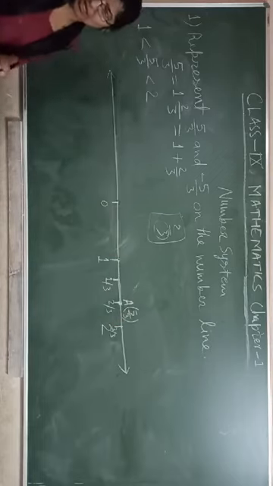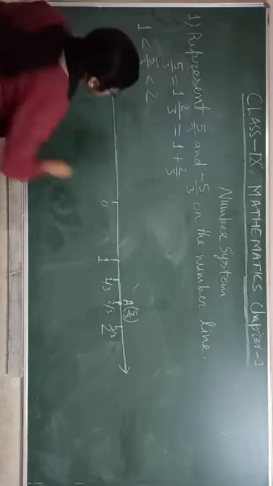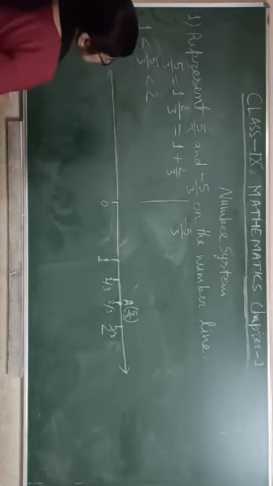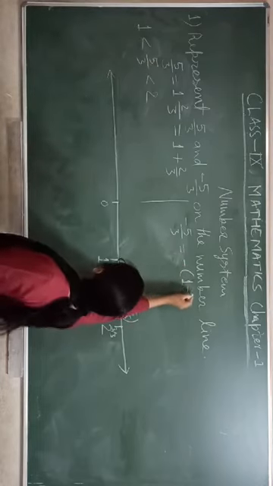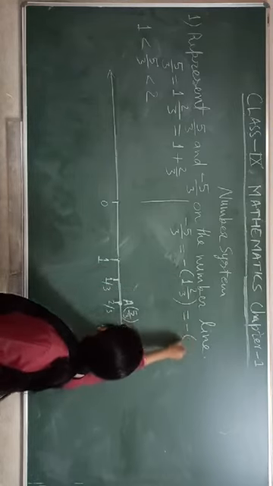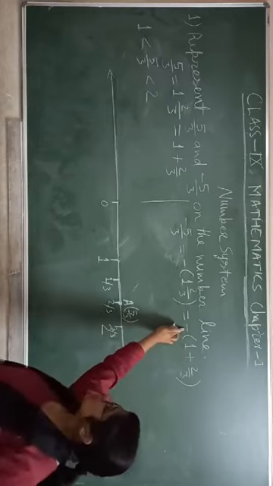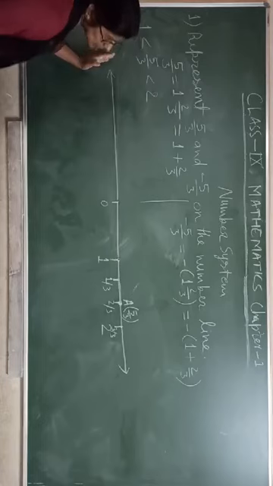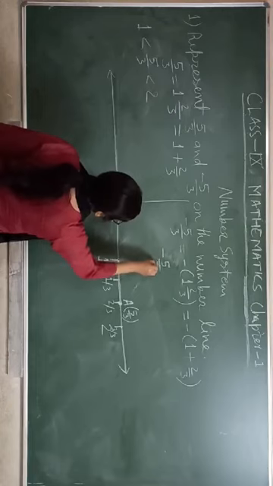The same we will do on the negative side for minus 5 by 3. So check for minus 5 by 3. If you take the minus outside, you can write 1 whole 2 by 3, the same as this one, and we can also write it like that, 1 plus 2 by 3. But here it is the minus side, so we will represent this one on the left side of the 0. This side we have to solve. Okay. So this number is minus 5 by 3.